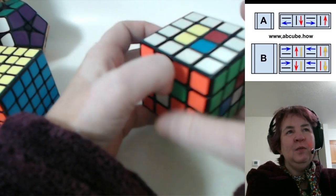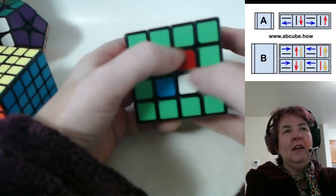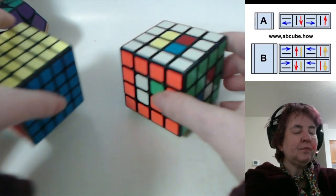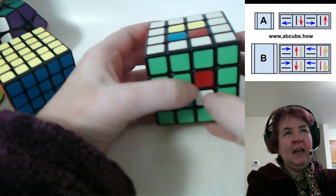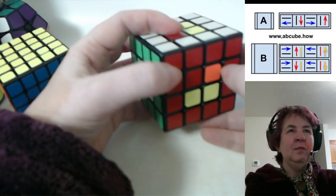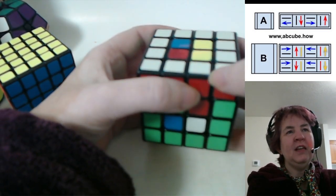Formula A works on everything on the top, but only on the first layer, and Formula B does everything else. So if I wanted to use Formula A, I would line it up under something that wants to come down. So let's bring in this yellow piece down,